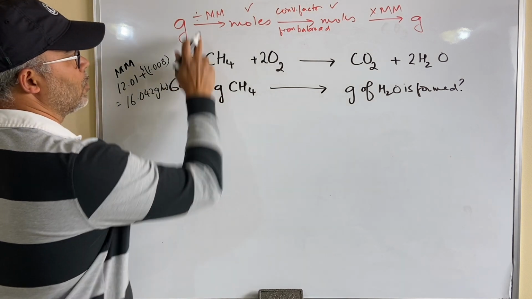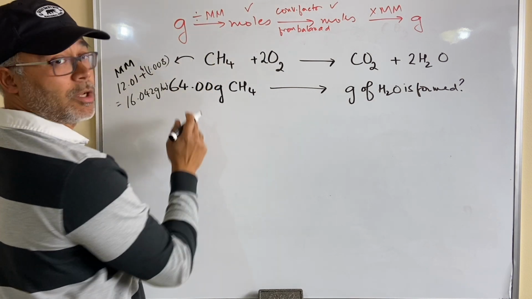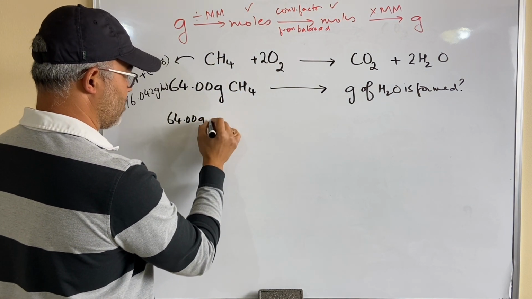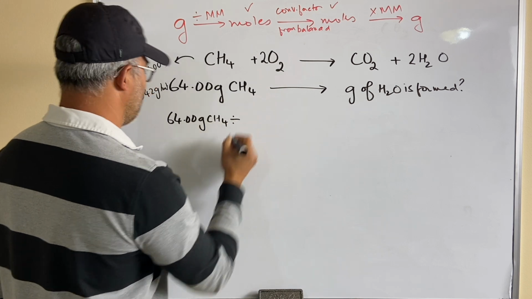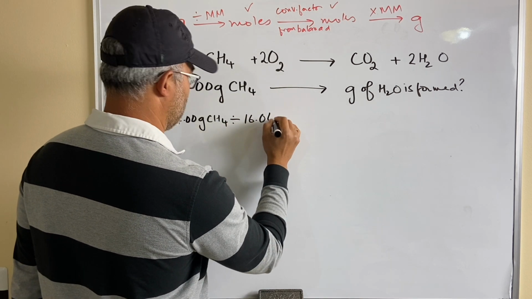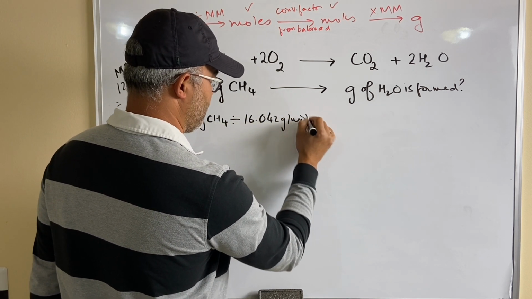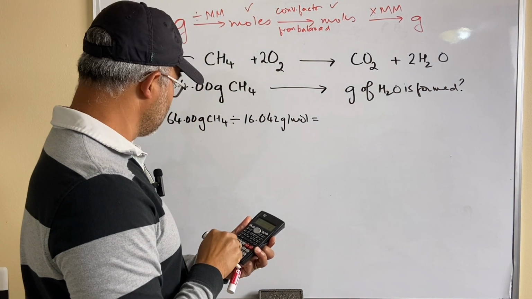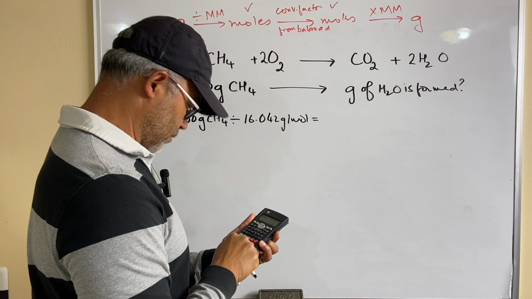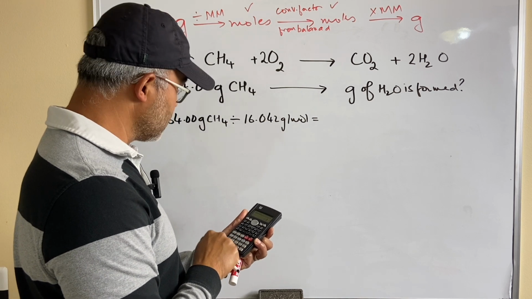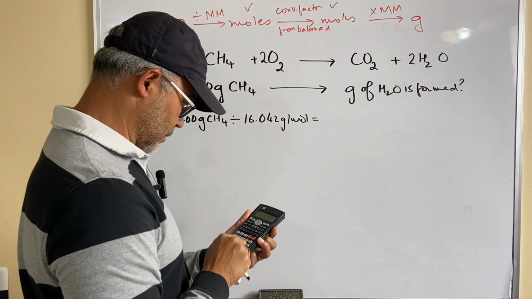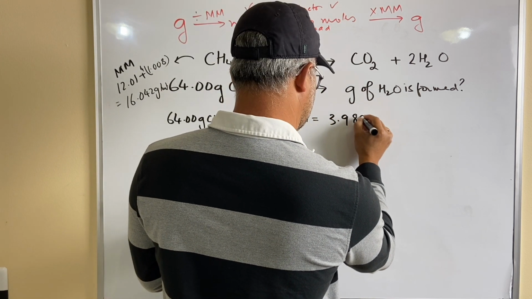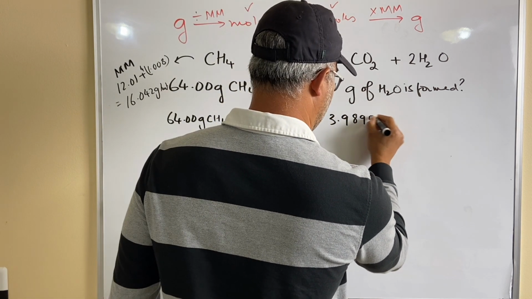We divide grams by the molar mass to get moles. So 64.00 grams CH4 divided by 16.042 grams per mole gives me 3.9895